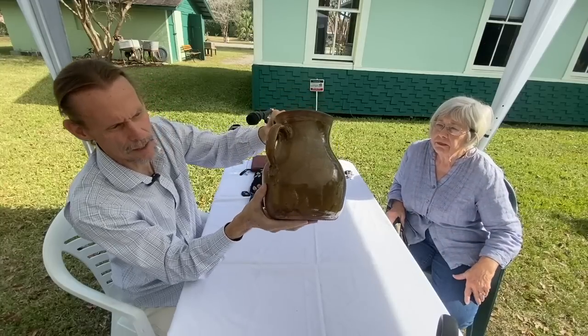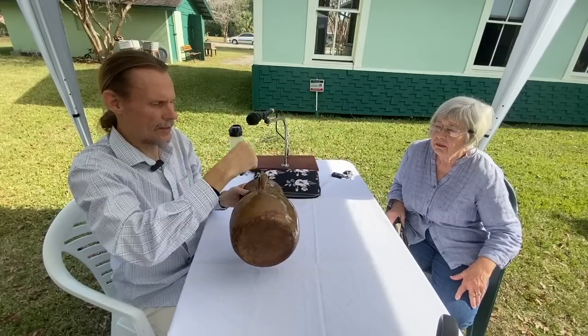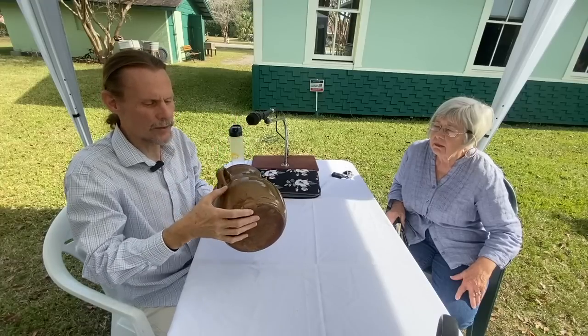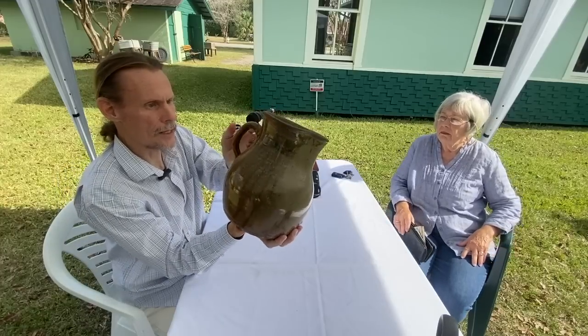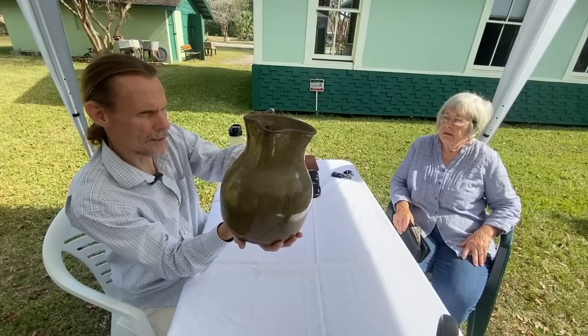You can tell it was handmade. You can even tell that they made the handle and then they had to apply it, and they used a tool that had a little diamond in it, so that's where you get that mark. There's nothing that's going to tell us which of the many, many companies making this it was, but I do think you're looking at a Midwest piece,